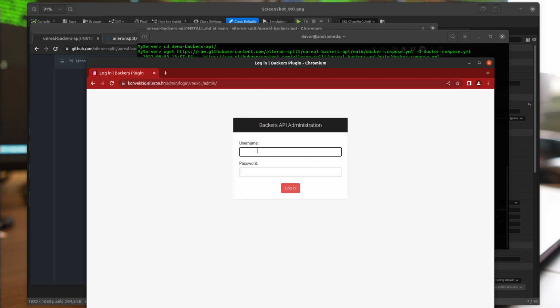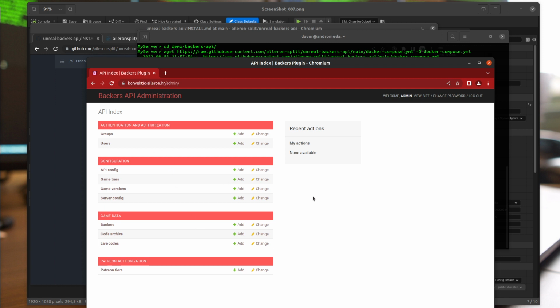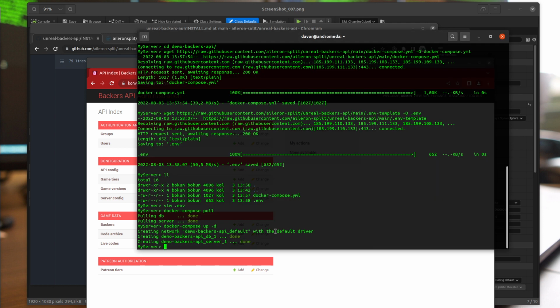So I have, and now I can use my admin login, and the password was 1234 UE5. It needs to have some numbers and letters in it, but I think it wouldn't mind if it's something different. So if anything doesn't work, you might want to run Docker Compose without -d, because then you'll have some debug output and you can check what the error was when setting up Django, or if there was some error setting up the